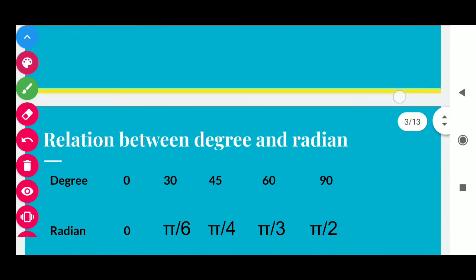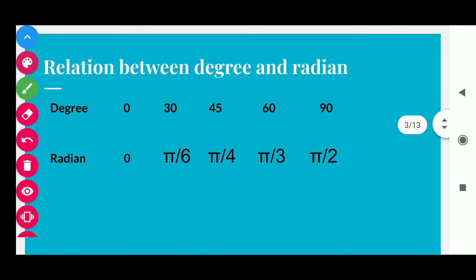Now students, here we have some concepts: the relation between degree and radian. You must remember these concepts. What is the relation between degree and radian? Students, suppose we are writing 0 degree, 30 degree, 45 degree, 60 degree, 90 degree, then we are doing work in degrees. Suppose, students, we are using pi, then we are working in radian form. So students, you are now in class 11th, so practice writing in the form of pi.